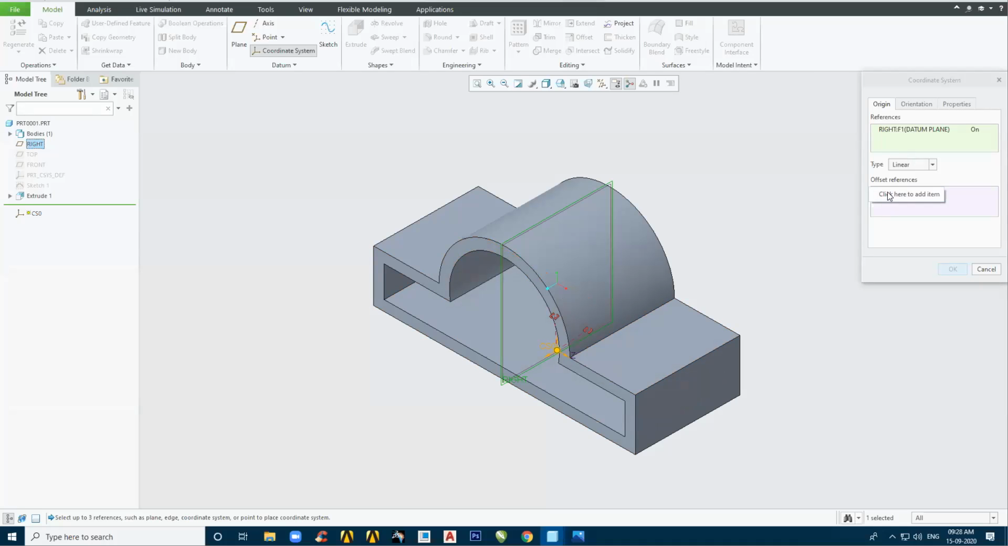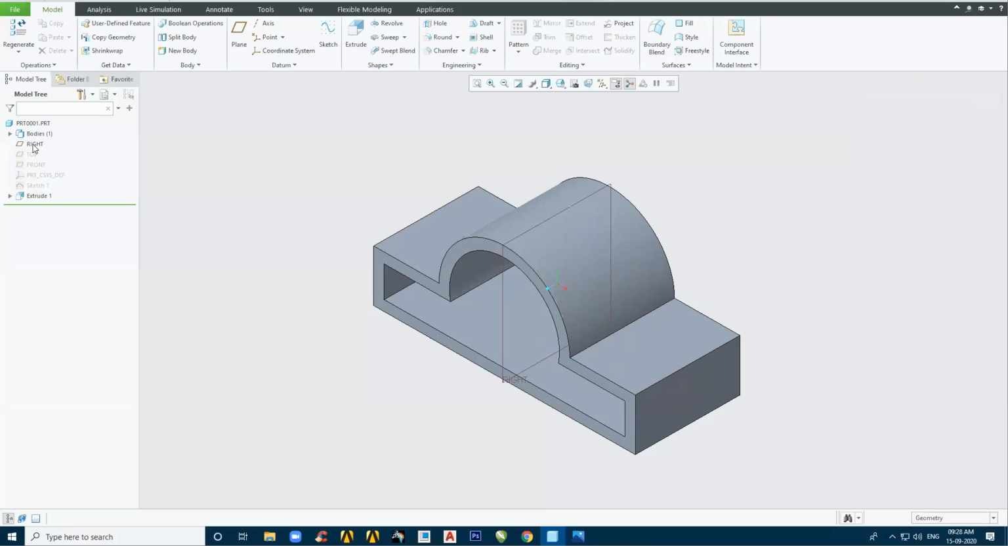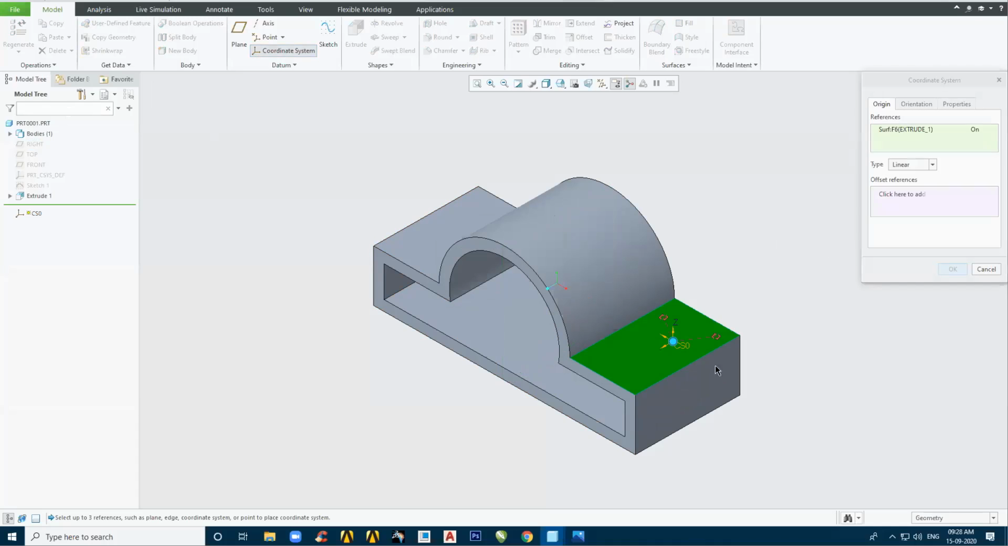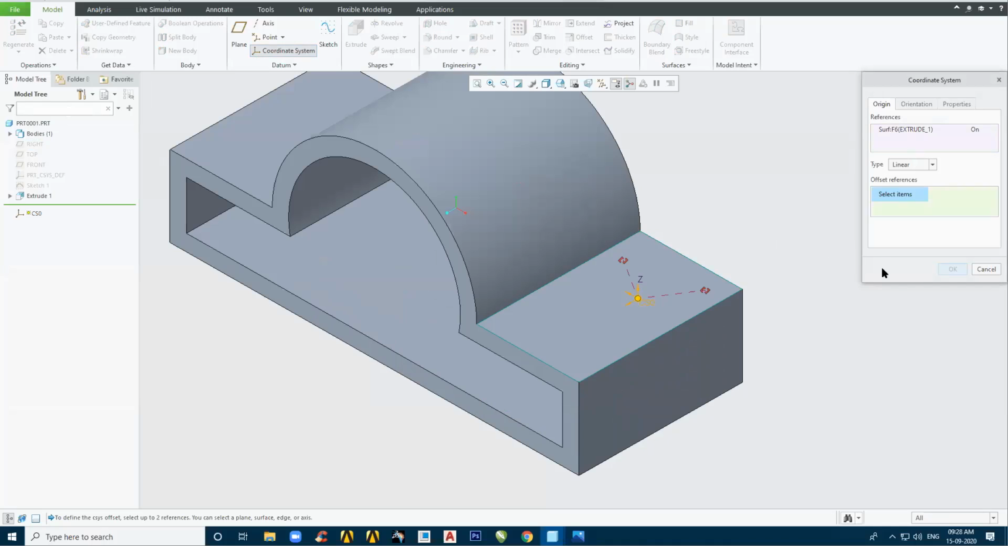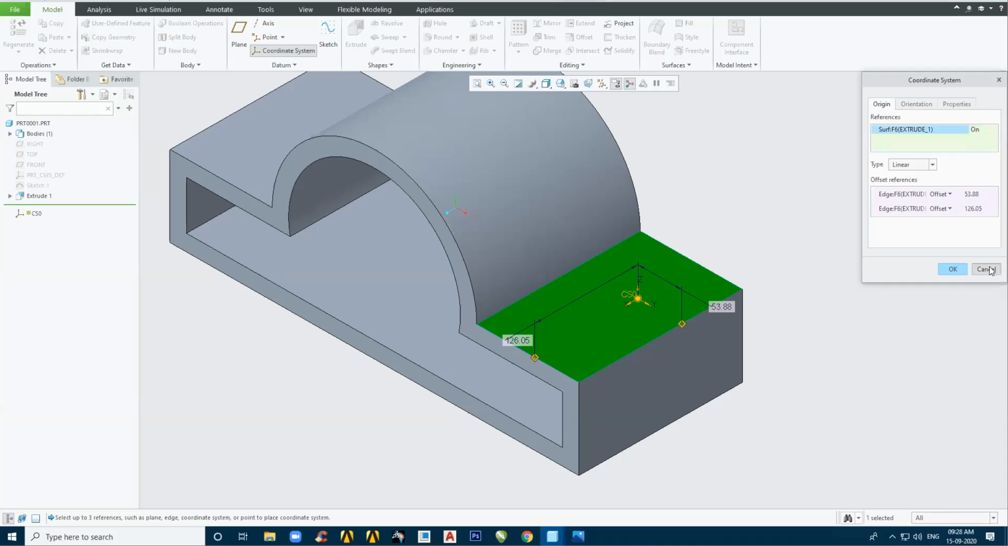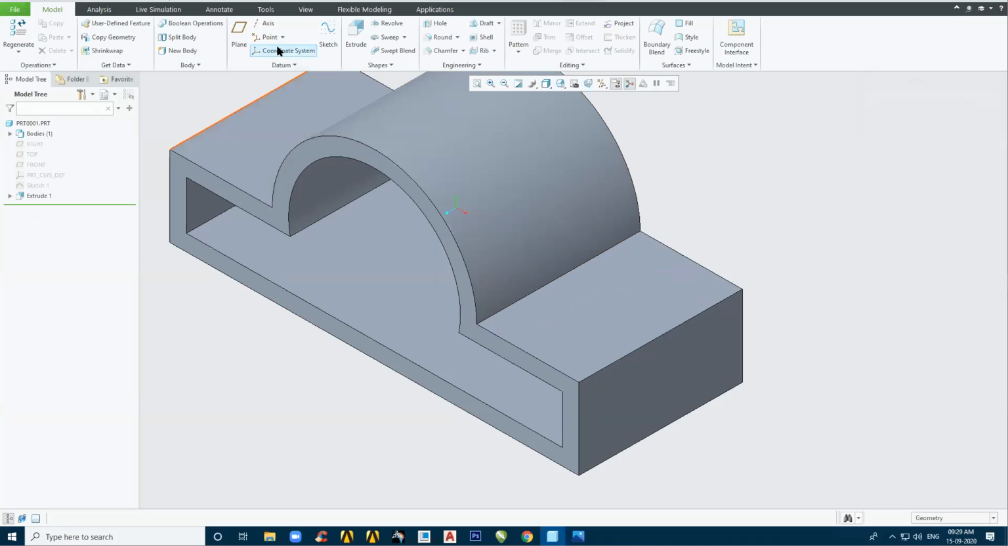I need to just give the references. Okay, now let us see how we can give references. For that, first of all, I will turn off this coordinate system. So now here I have the reference collector. This one can be referenced like this, and it can be referenced like this. Okay, simple. Yes, sir. Right. And now again this one